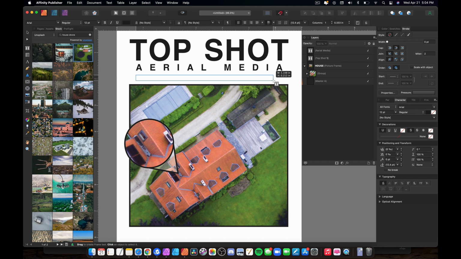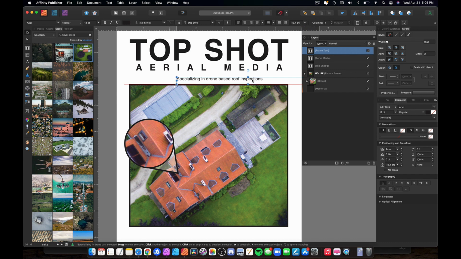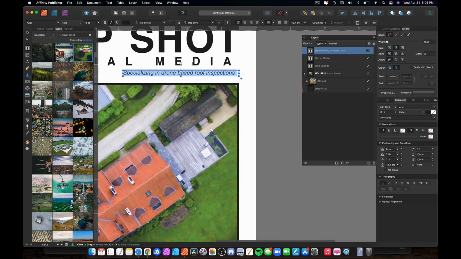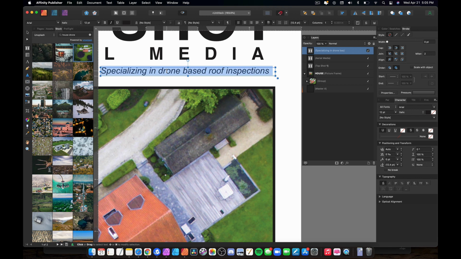And I'm going to line it up again there. Specializing in drone-based roof inspections. That might be a super oversimplification again. And I'm going to change this to italics just to make it a little bit different than what we've already got going on. It's probably bigger than we need, but I'm going to bring that down, tighten up the tracking,